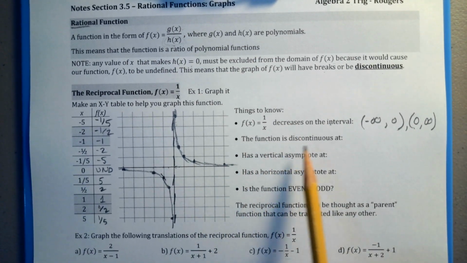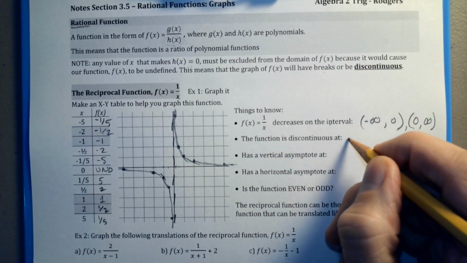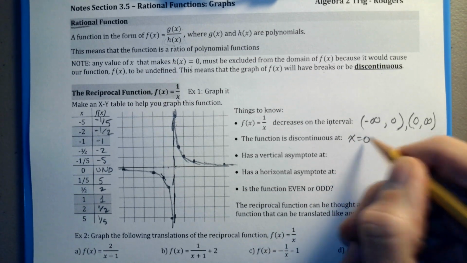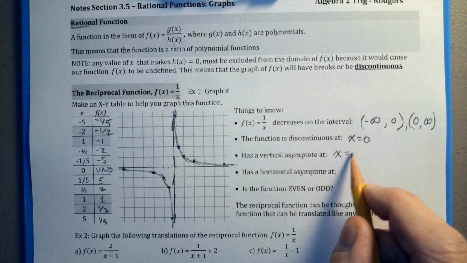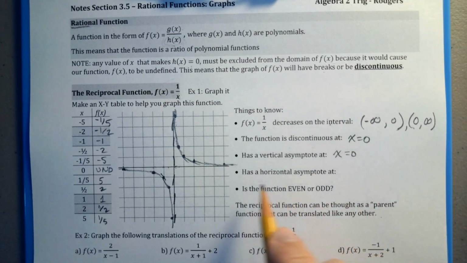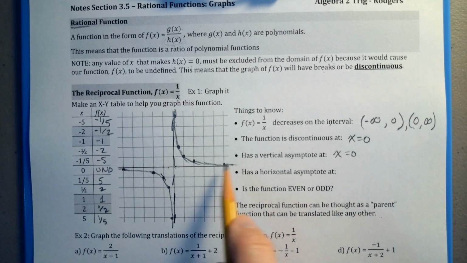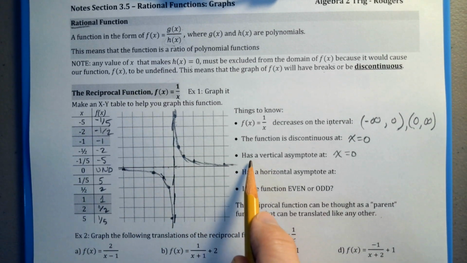All right, the function is discontinuous at an x value of 0. It has a vertical asymptote at x equals 0. It has a horizontal asymptote. Notice now it has a horizontal asymptote here. As x gets really big,